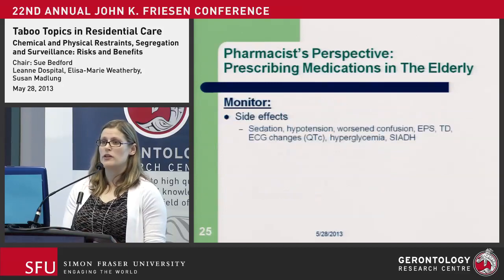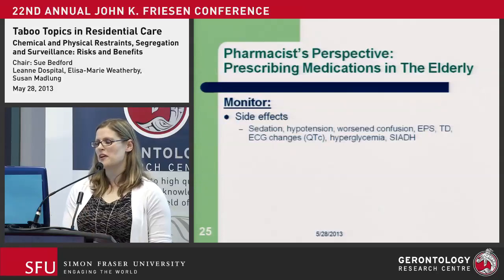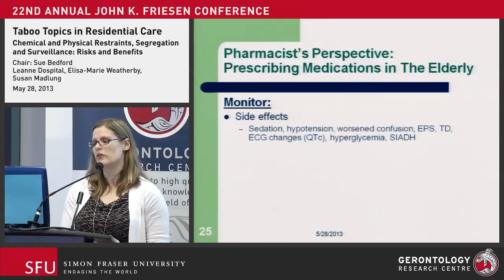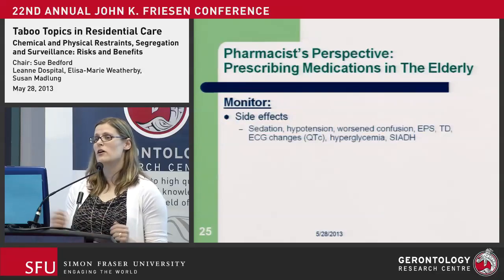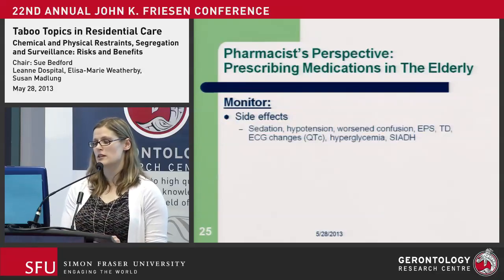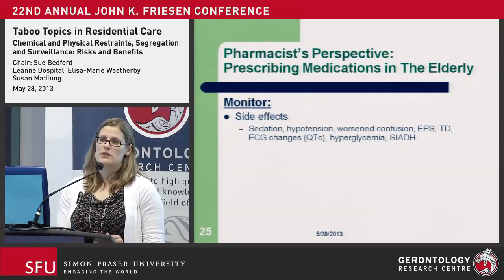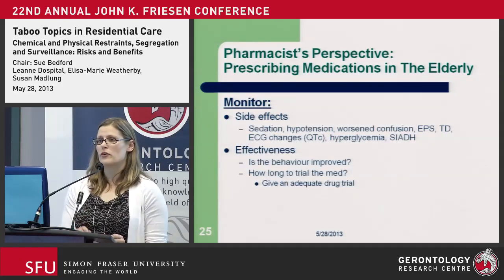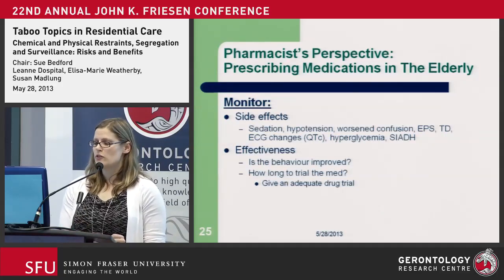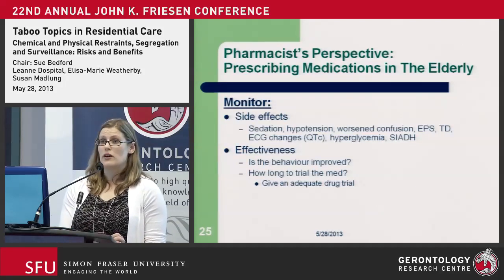What do we need to do? We need to monitor. This is the one thing that we start patients on meds, we forget, oh, they're doing so well, we forget to monitor all these different things. I'm not going to list every side effect that could potentially be a problem for these patients, but here are the most common ones: sedation, hypotension, when someone's put on some of these psychoactive agents. Then you have to remember to monitor for effectiveness. And you have to determine, is the behavior actually improving? Should we continue it? Should we not continue it?